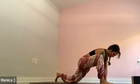Maybe lowering down onto your forearms, or maybe staying up on your palms. Taking a few moments here. Really dragging the right hip back in line with the left. Just slowly opening up the hip, maybe roll onto the outer edge of the right foot. We're gonna do something a little crazy here in a minute. And when you feel like you've created a little bit of space and movement in that outer right hip, come